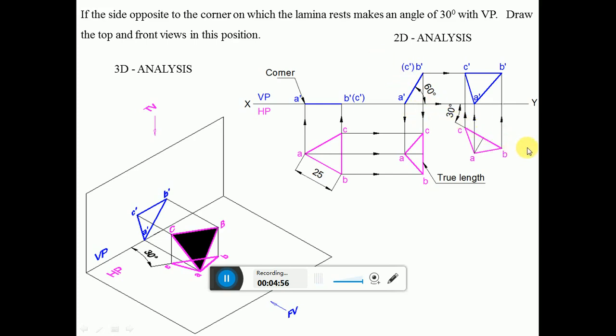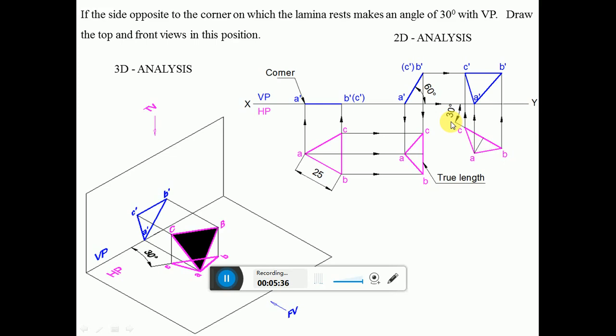Then measure the true length from B to C using the compass, because this has the true inclination. Consider any point on this 30-degree line and cut an arc on it to get the points B and C. Then from C, draw a perpendicular, a 90-degree line, to BC using the protractor. Then measure the length to A and, from C, cut an arc on that perpendicular line to get the point A. Join AB, BC, CA to complete the triangle.